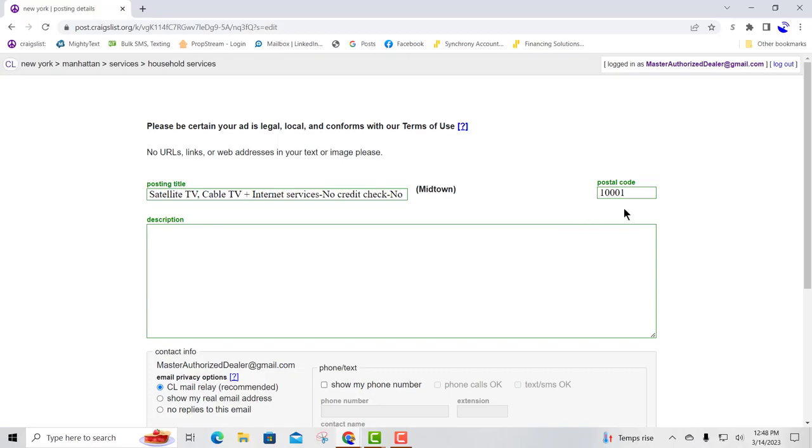A quick Google search will find you the zip code. Just go to Google, type in, let's say you're placing it in Los Angeles, California. You would go to Google, type in Los Angeles, California zip code, and it'll give you the zip code to put in right there. So here on the description, I'm going to go ahead and copy and paste the verbiage